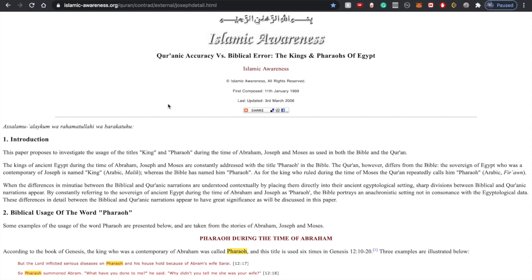So if he was getting it from some Jews or Christians, he would have repeated the word pharaoh that the Bible used, but instead the Quran corrected it to king, even though there was no way that Muhammad or anyone else at his time could have known this. Right? So how is it that the Quran is correcting the biblical mistakes? And it corrects many contradictions in the Bible as well,